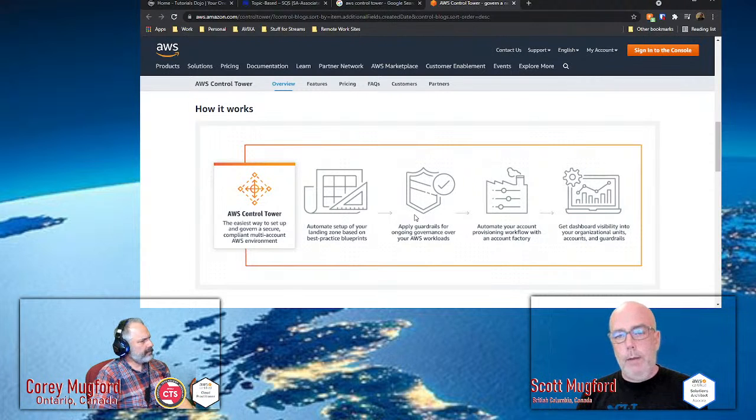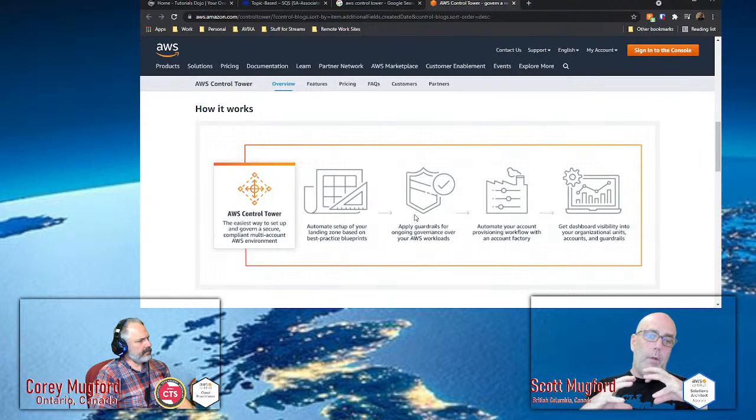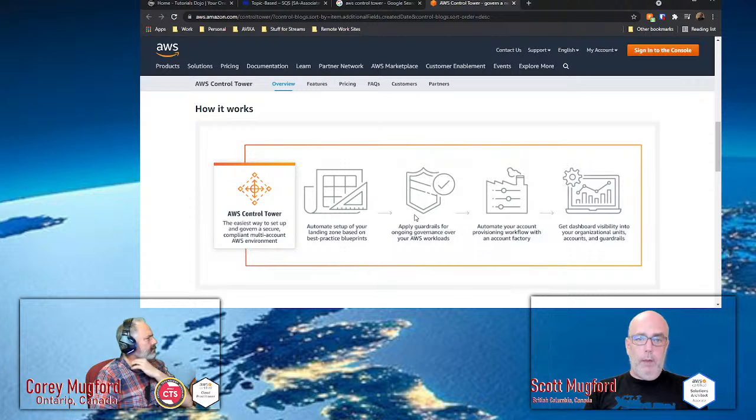It sets up a landing zone in your account with all of your security best practices in place. With AWS accounts, they use this thing called AWS Organizations. If you have AWS Control Tower, any new account that you create automatically gets put into the OU with all your security policies, best practices, etc. So you can automate your account making.